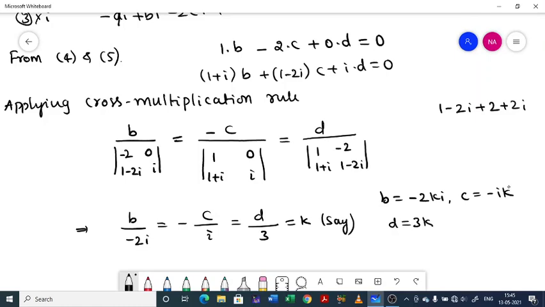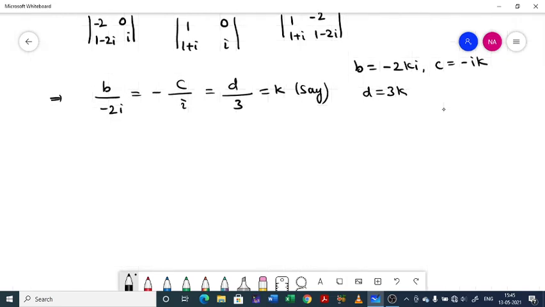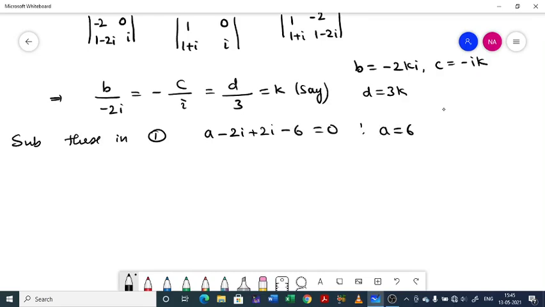Now substituting these values in either equation 1 or 2, 3, substituting these in, I think we can use 1. You can use any one of the 3 equations. You can check that A minus 2I plus 2I minus 6 equal to 0, that is you get A equal to 6. Thus the required transformation is